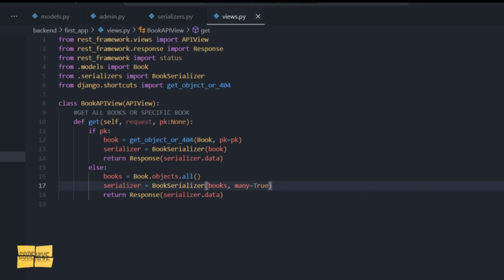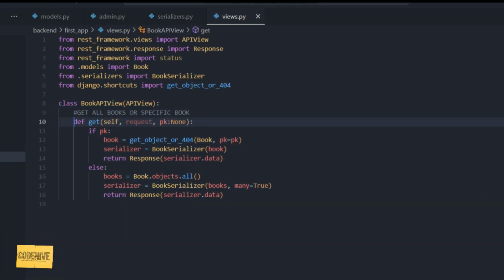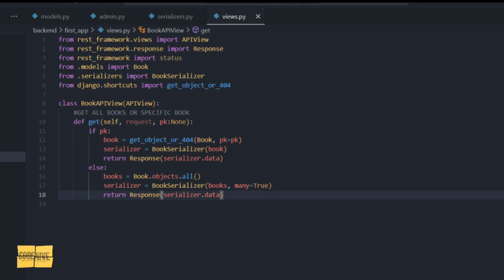So in today's video, we're going to continue from where we left off, right? In the previous video, we looked at how to create an API view, and we created a get method to retrieve all the books or a specific book from our book table. If you still haven't watched that video, then please do that, because we are continuing from where we left off. So right now, the next thing that I want us to look at is creating the post method,